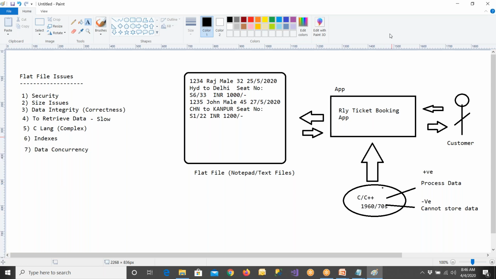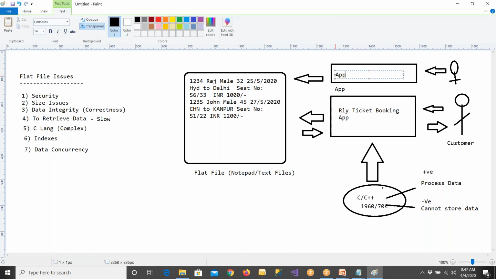Now let me come to our situation. What do you mean by that? The same file: one guy is trying to book train tickets, and when you go to the reservation counters, you have one more guy. This is also one more application, one more counter. So you can also go to this counter and try to book tickets. You are going here and trying to book the train ticket at 10 o'clock in the morning. Whether you book the train ticket or this guy books it, every time this application is writing the data to the same flat file.